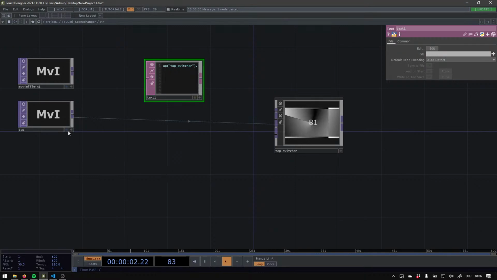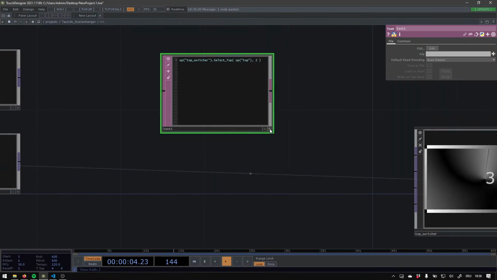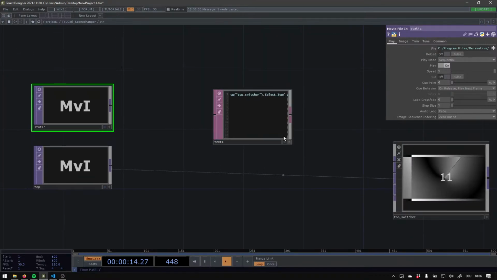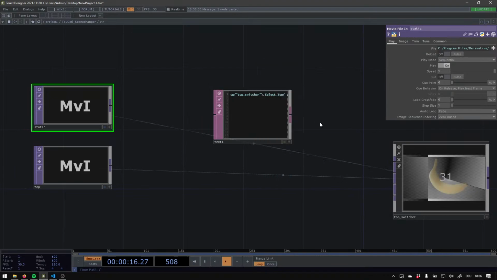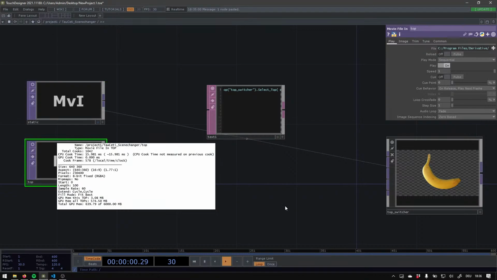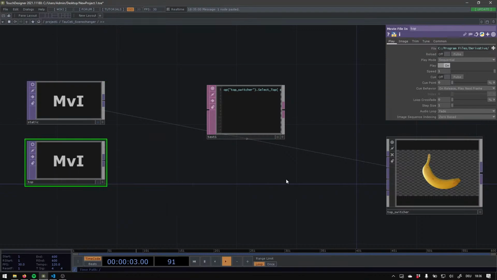And yeah, the same when I say put in the static here, static operator, and execute that, you see that it will automatically take care of uncooking basically the selected